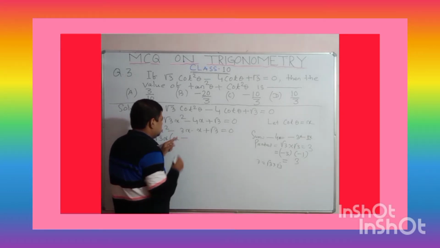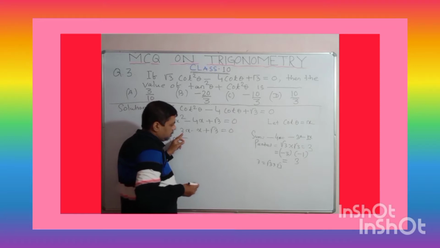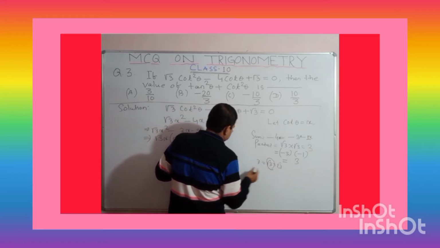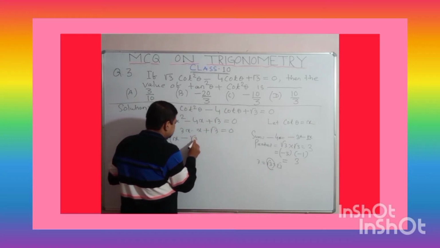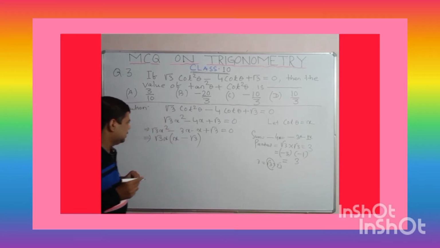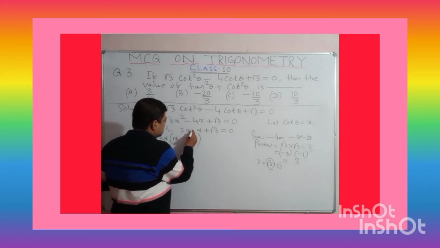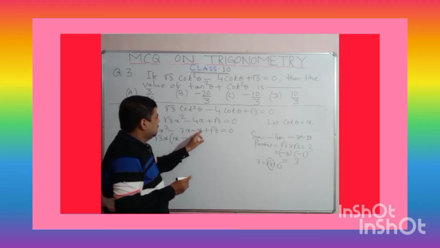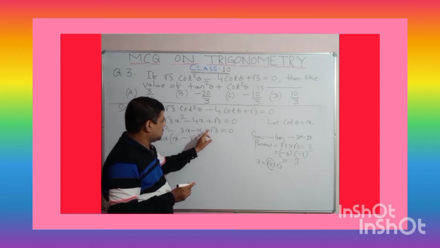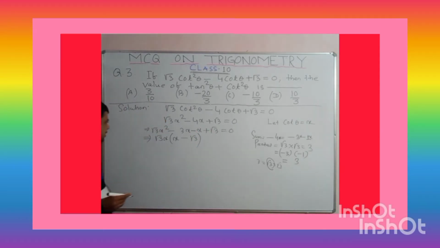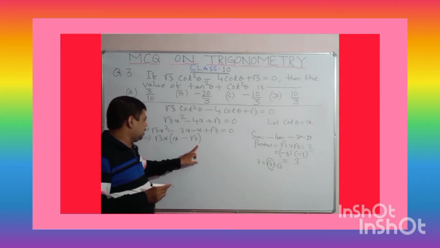Then minus. From 3 we have already taken root 3, so it will be root 3, and x already taken. You see, root 3x whole into x minus root 3. Similarly here, minus x. So the next two terms are minus x and plus root 3, and we have to take the common so that the factor will be x minus root 3.